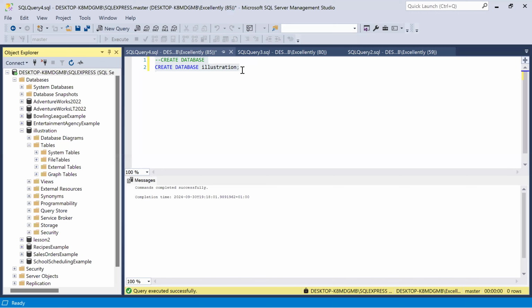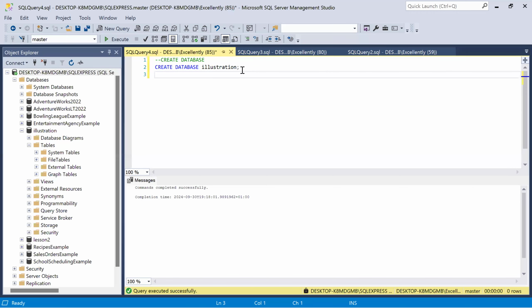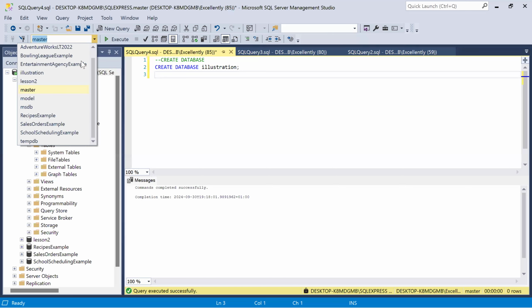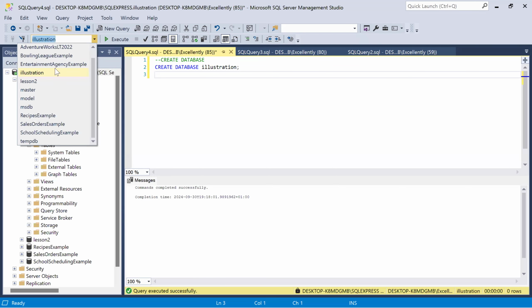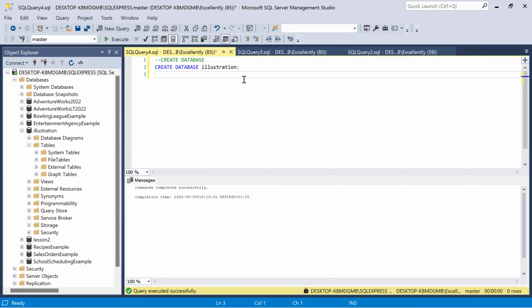So the next is for us to use that database. In order to use that database, like we already know, you can either come to this drop-down list and select the name of that database, or you just use a query that says use the name of the database. So use